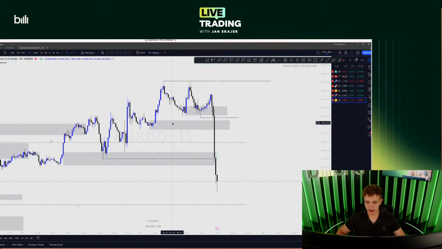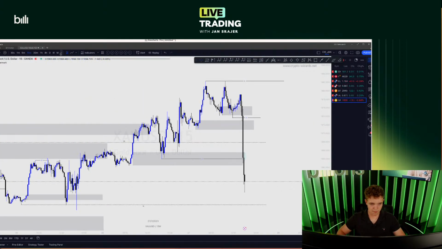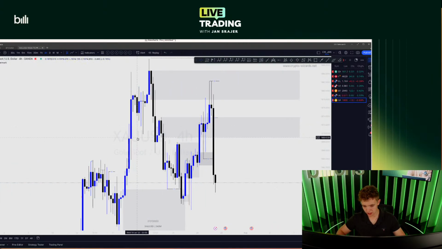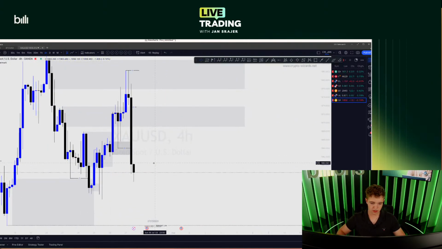So this is how it's going right now. I'm basically being very, very patient for the best potential trade, the best potential setup in the last few days, because once again, as I said, it's pretty hard to trade. The market, last week, wasn't moving much. It was going sideways, mostly on BTC.